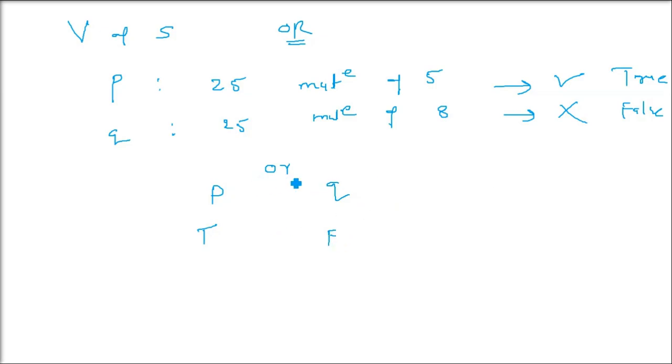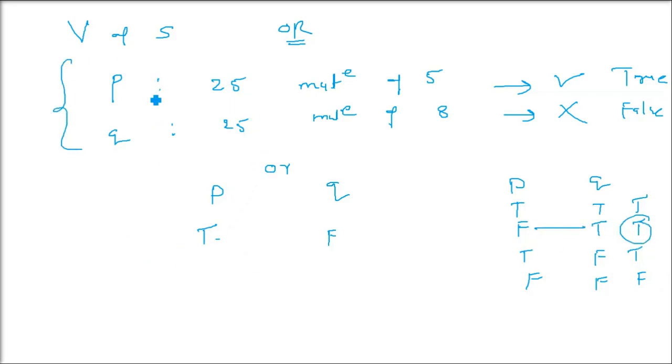Now let us come to P and Q and check the validity with 'or'. If P is true and Q is false, what will be the result? 'Or' gives true for all cases except when both are false. So even if one is true or both are true, 'or' will always give you true, otherwise false. It means when both are false, it will give false. For this case, we have true and false, so it's going to give you true. So the validity of the same statement using 'and' was false, and the validity of the same example with an 'or' statement is a valid statement. It's true.